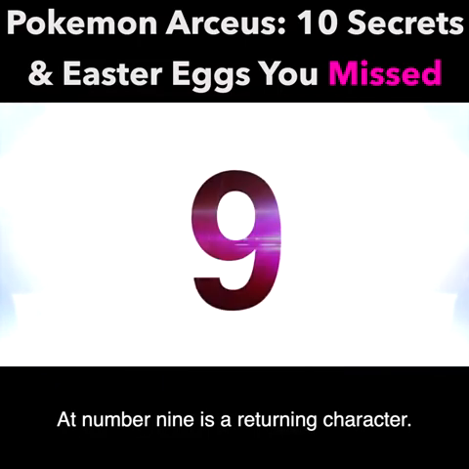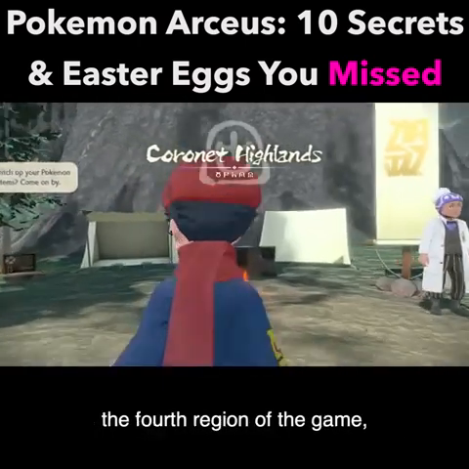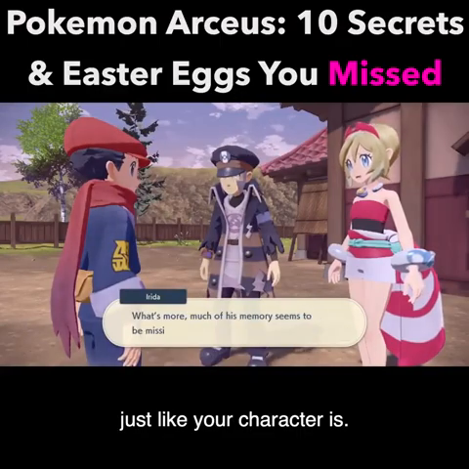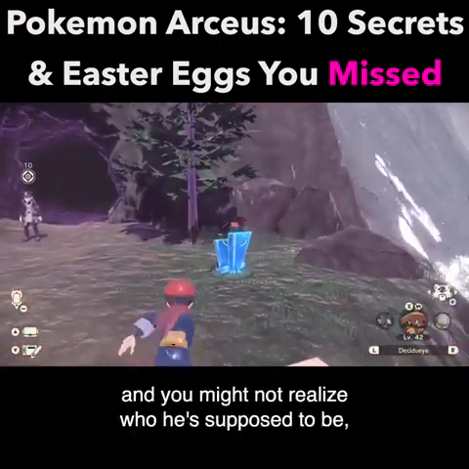At number 9 is a returning character. When you get to the Coronet Highlands, the 4th region of the game, you meet up with a guy named Ingo, who is apparently another time traveler, just like your character is. They never really say who he is, and you might not realize who he's supposed to be,